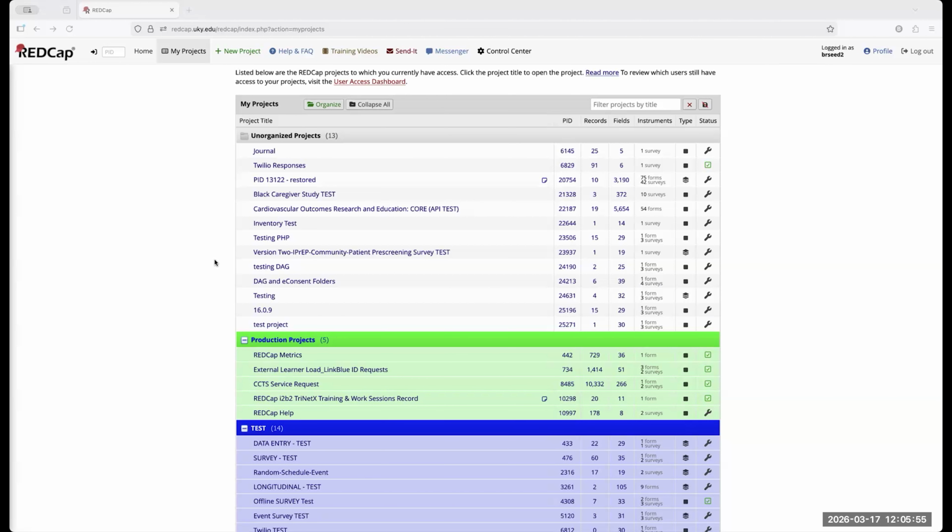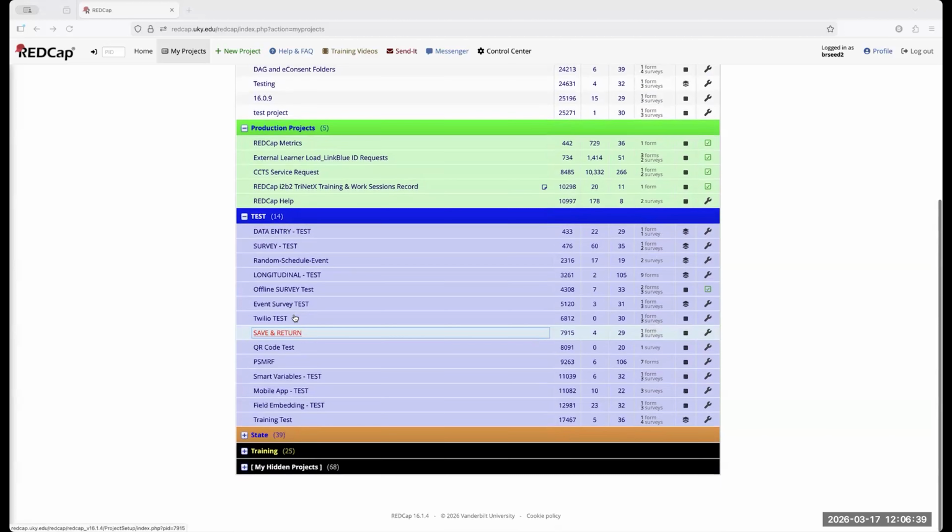So this also applies if you are planning on leaving UK and you have a bunch of projects out there that people need access to. You need to go ahead and get that access to those people before you leave UK. Once you've left, people can request to have access to those projects, but unless you have a PI or a director or something like that, get a hold of me. Generally, the answer is going to be no, simply because that's a huge security thing for us, to have access to other people's projects without their permission. So just make sure you take care of that as your project goes along.